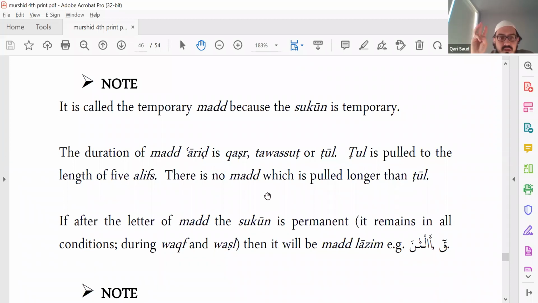Yawmiddin. Okay? Now, question. If I recite slowly, do I open my fingers a bit slowly? Yes, it's according to the pace, okay? If I read quickly, then I'll go quicker. Maliki yawmiddin. I did tawassut, right? If I go quickly, Maliki yawmiddin. Why? Because the haraka, the fatha, dhamma, kasra is being read quickly. Therefore, the alif is obviously going to be read a bit quicker, right? The med is going to be a bit quicker.